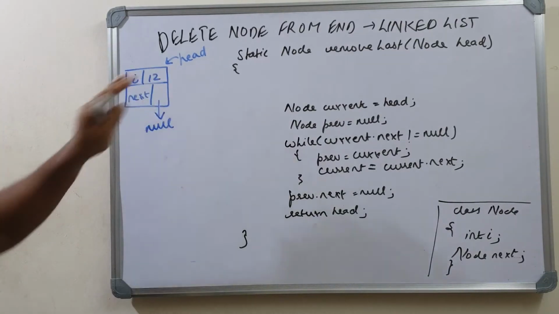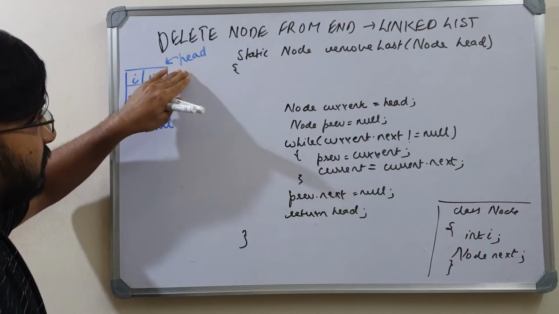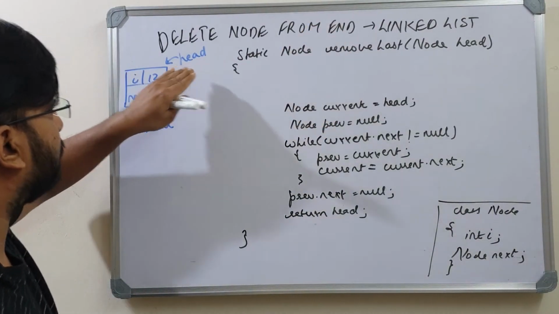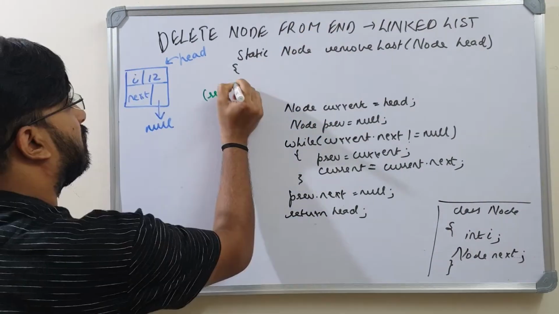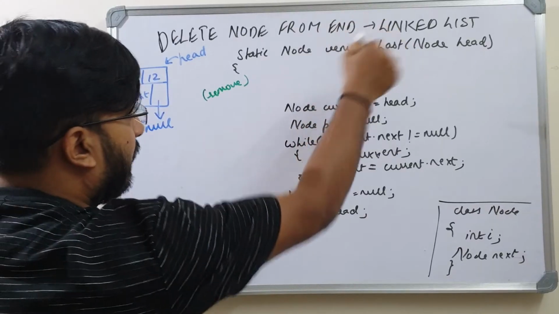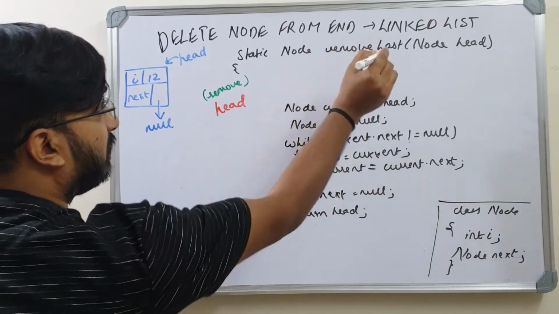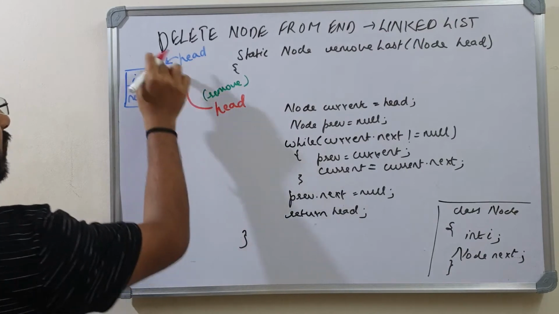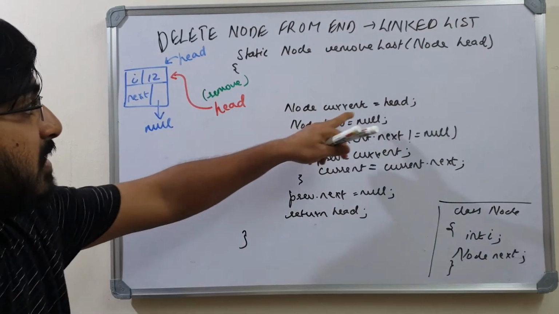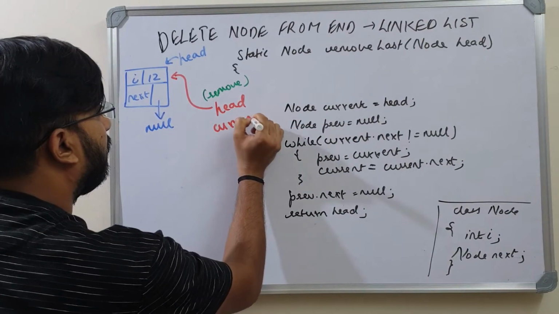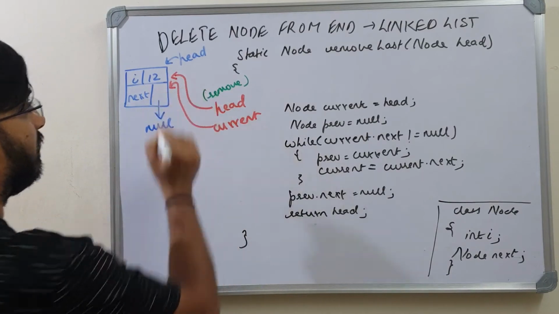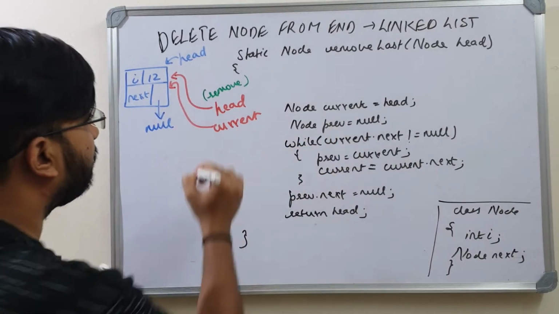So this is where we have to be a little careful. So when you pass this list into this remove last, where head is pointing to the only node in the linked list, in this remove last method, you get a head, right? So this head in this method is also going to point to the head of this list. You say current is equal to head. You take a variable current that is pointing to head. You take another variable previous set to null.